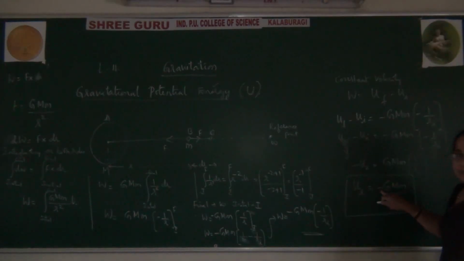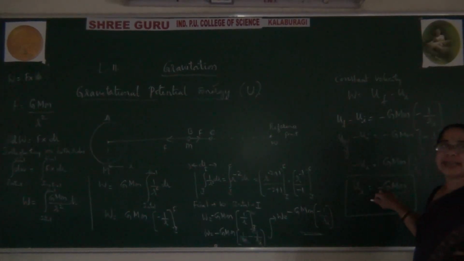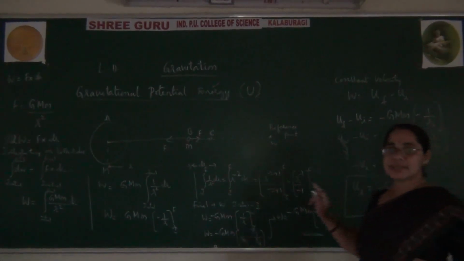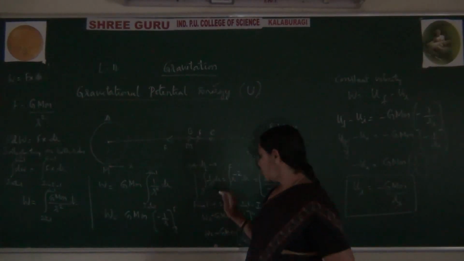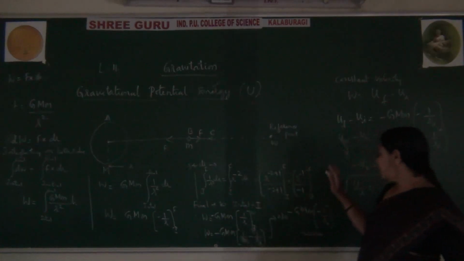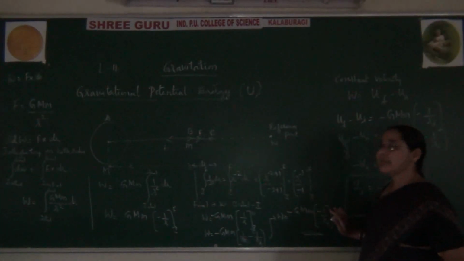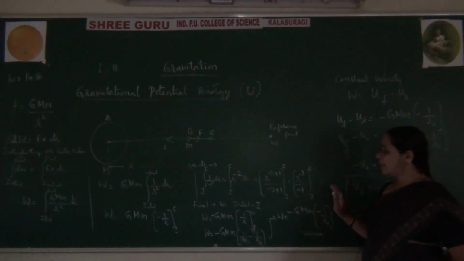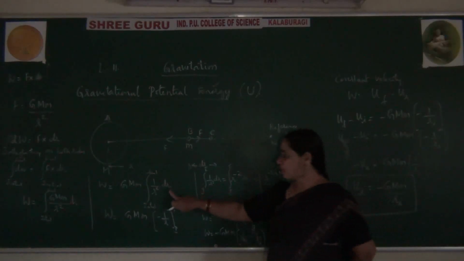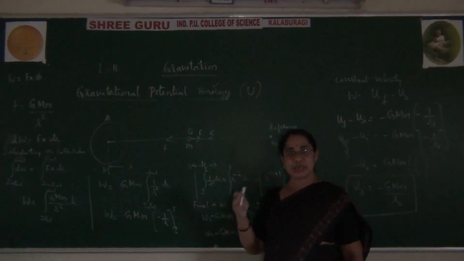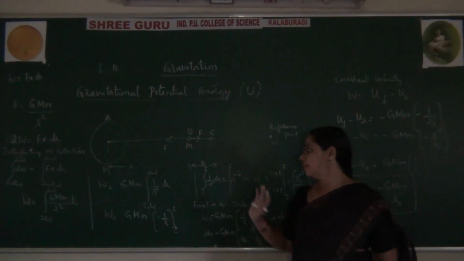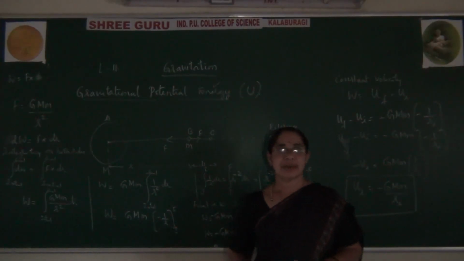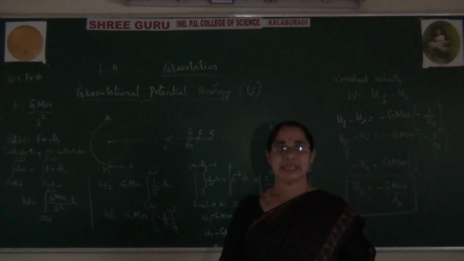And hope you have seen the minus. This negative sign indicates that gravity is always attractive in nature. Please observe this condition. We will go through this carefully. It is very simple. The only new concept you come across is integration, which you learn in mathematics. But you just remember the formula, it is enough. Okay, this completes the gravitational potential energy.